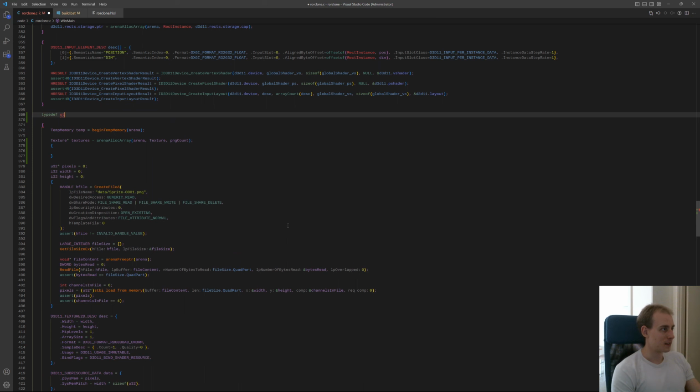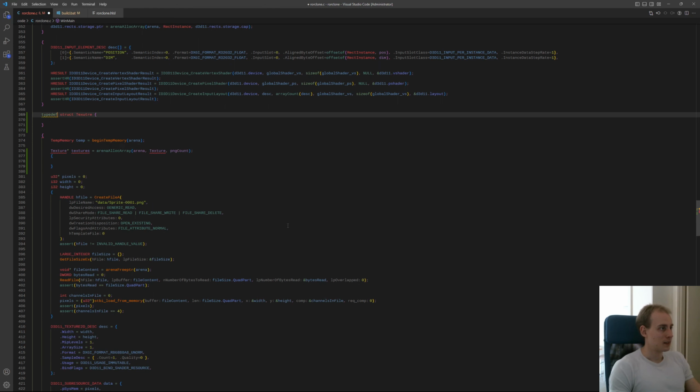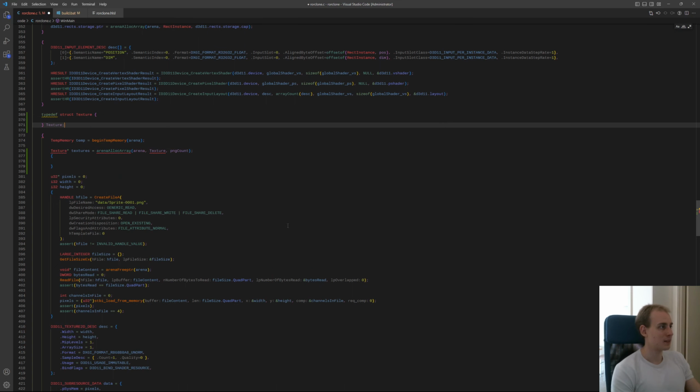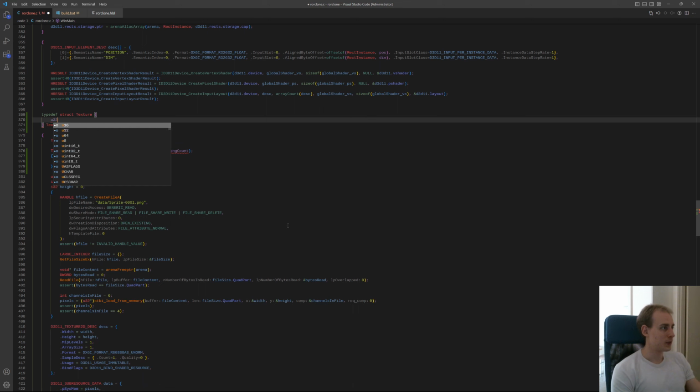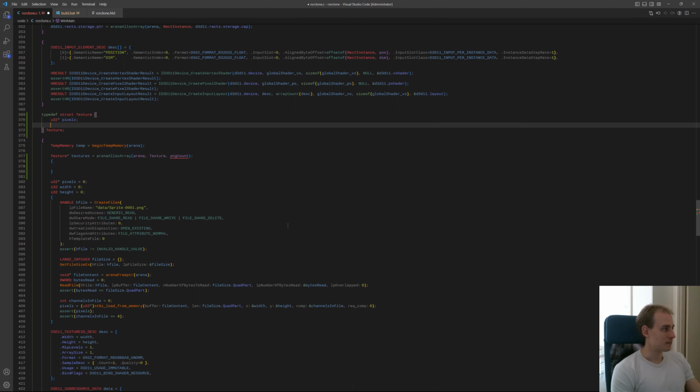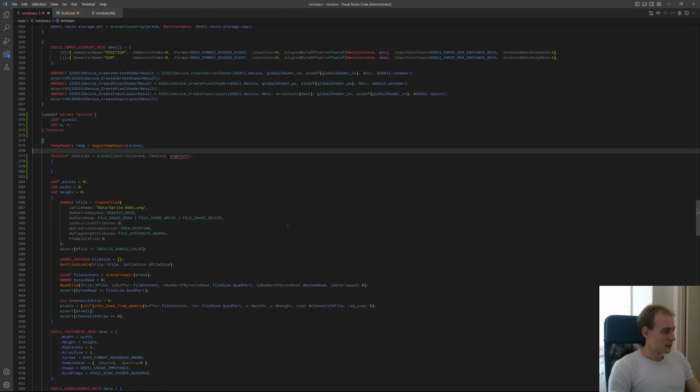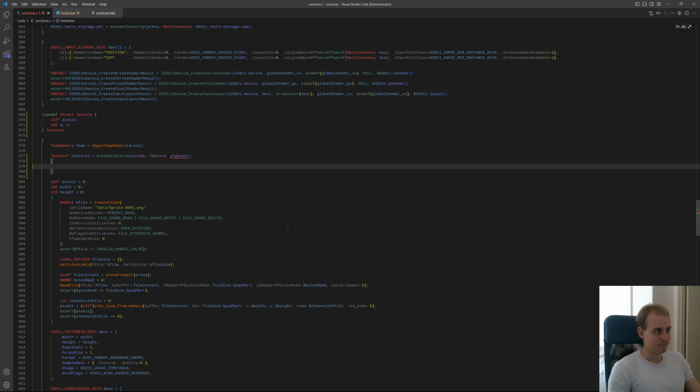Type abstract texture. Oh my god, I can't. U32 star pixels. I32, I don't really care. Width, height. Okay. PNG count, well,